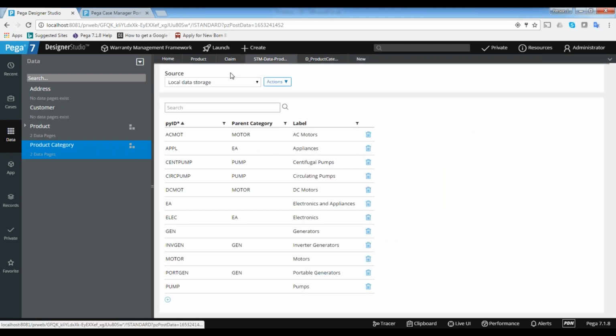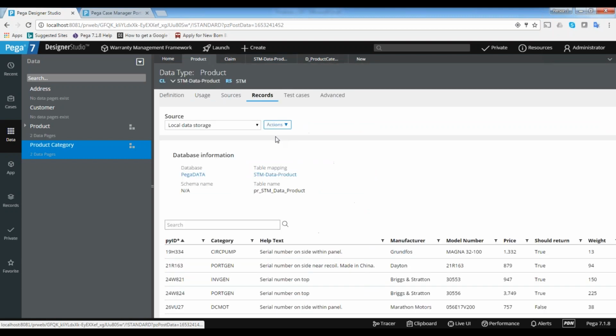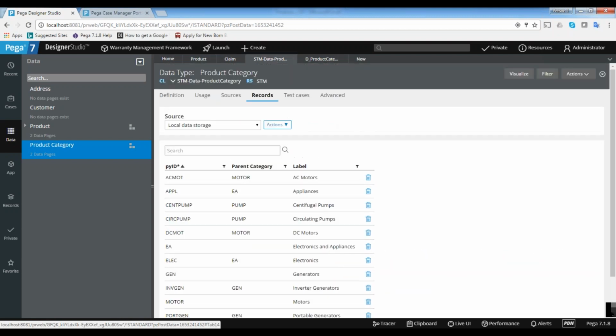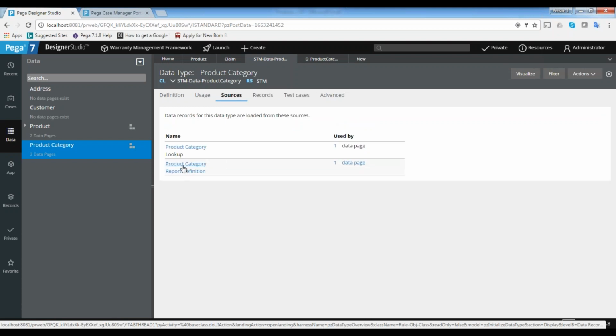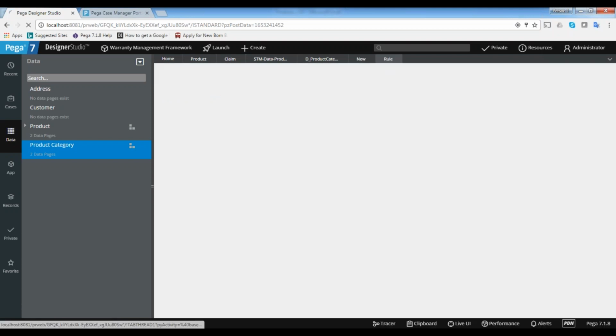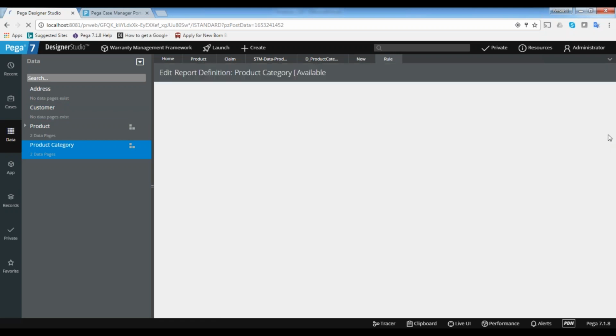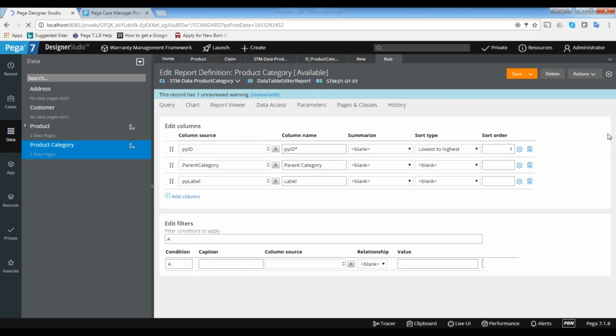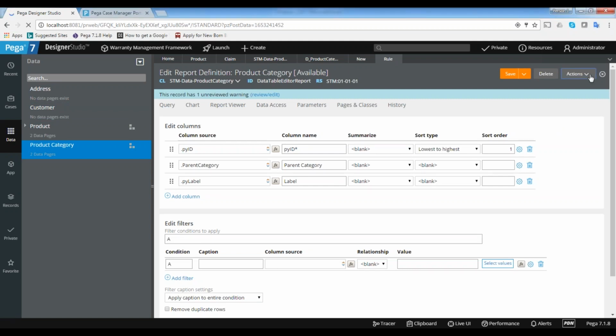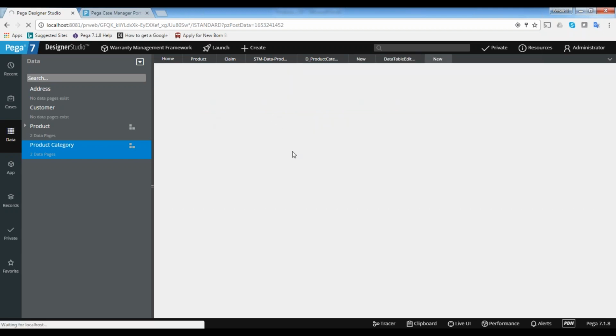What I will do is save as this one, so my work will be easier. In the source, this is the actual report definition. This is the rule actually getting the data from the database. I'll save as this one and rename it.